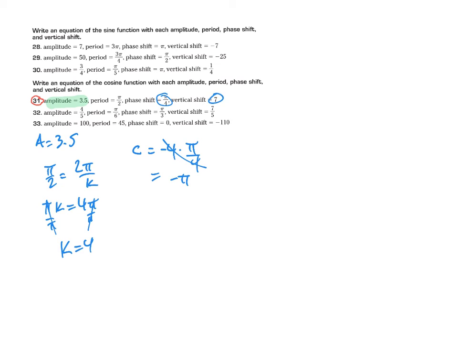And I already know the vertical shift is 7, so h is 7, and that's up. Now I'm ready to write this equation, and remember, this is a cosine equation. So it's going to be y equals 3.5 cosine of k, which is 4, times my variable theta, minus pi, because my c is negative pi there,